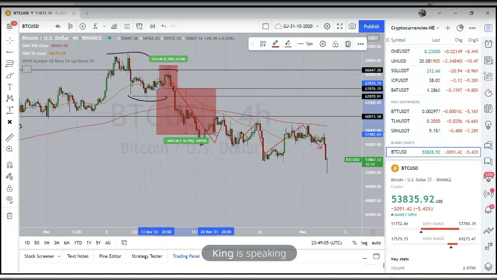Those are the first ones I'm looking at, and then my secondaries are these. I don't know if you're looking at my screen now, but like Harmony, Basic Attention Token, Internet Computer, and then these are just sort of